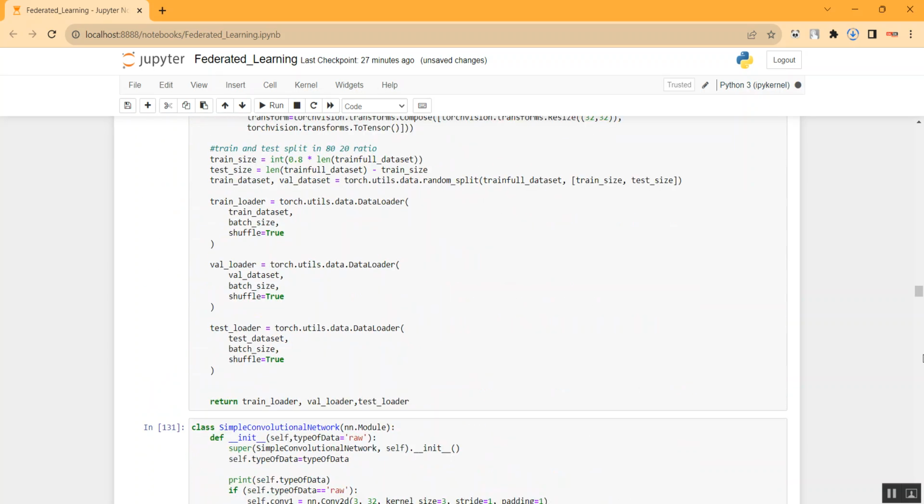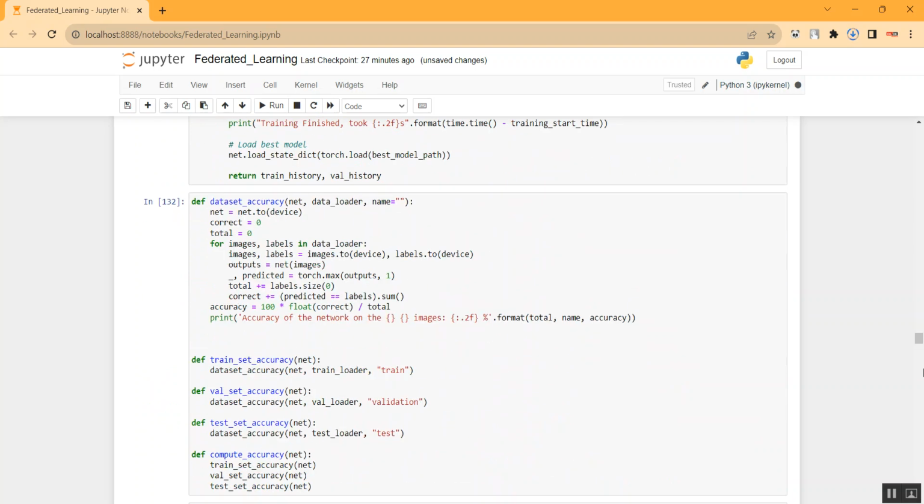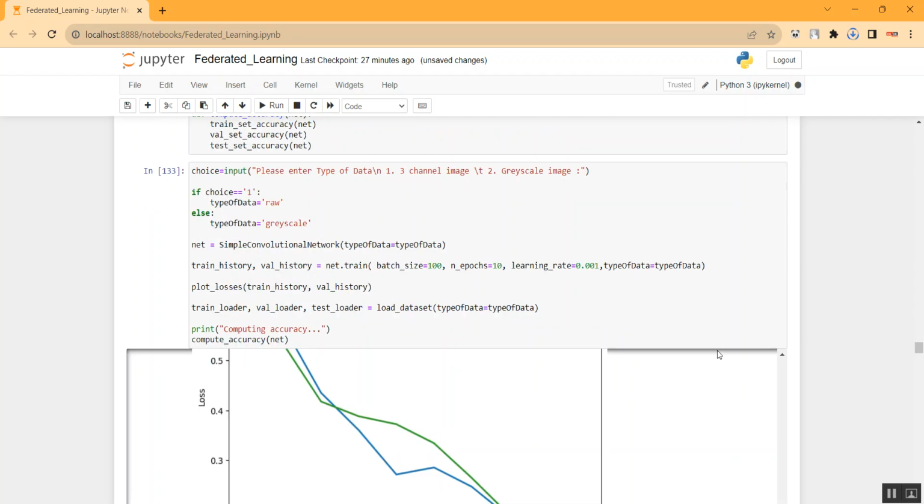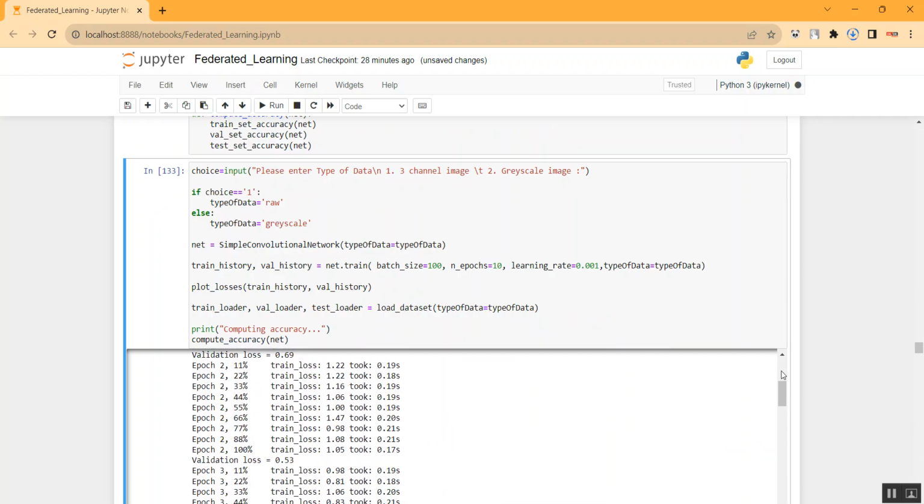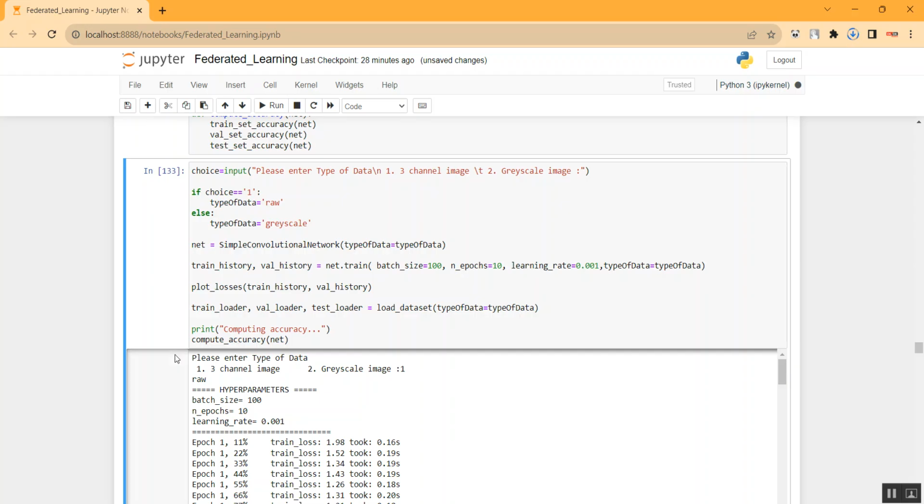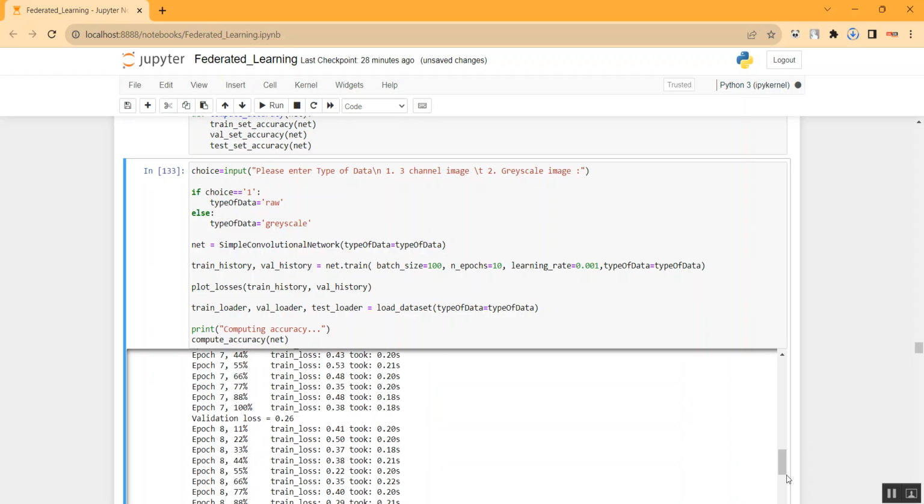So this will be the local part of training. Okay, you can see over here the training will start from here. One minute, I'm just showing you the training part. It starts with the 3-channel images and the grayscale images, and it's showing the hyperparameters, what the batch size is, everything. Based on that we are training over here,